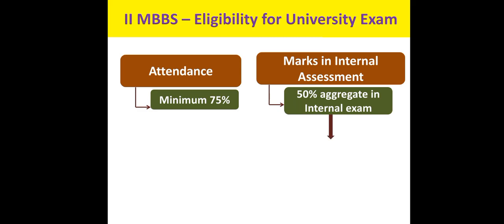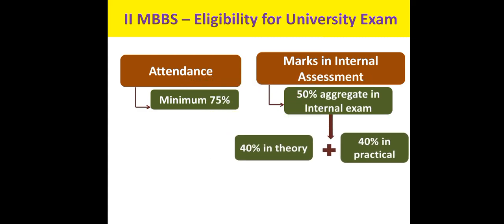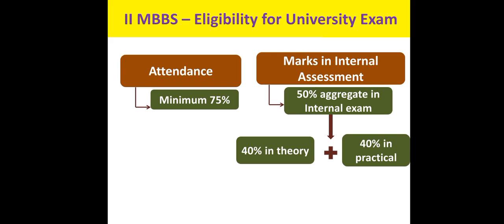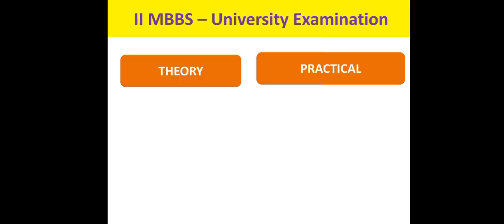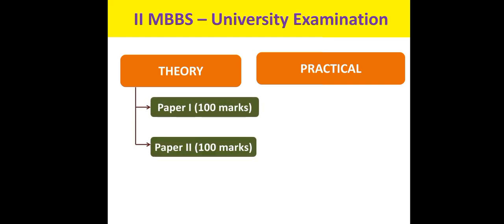But if we calculate individually, you must have at least 40% in the theory and 40% in the practical. So aggregate 50%, that is fine, but individually 40% in each, including the practical, is a must to appear in the university examination. Now in the university examination, the pattern in theory is two papers, and each paper carries a weightage of 100 marks, for which you will be provided 3 hours, and there is a separate 100 marks